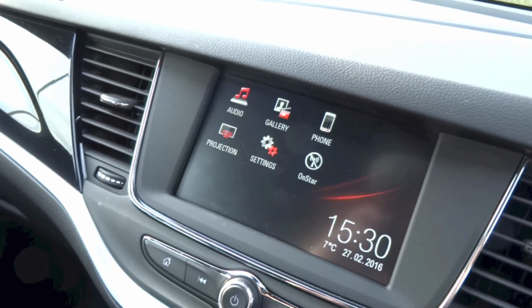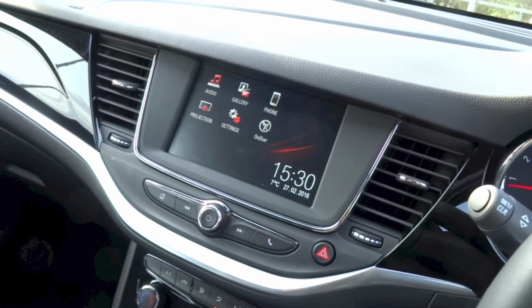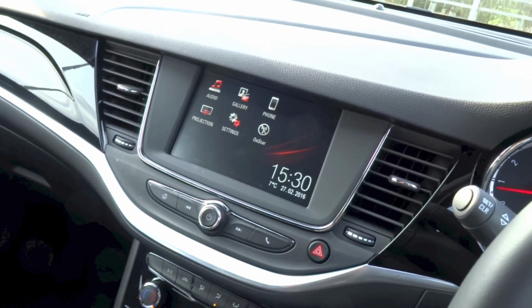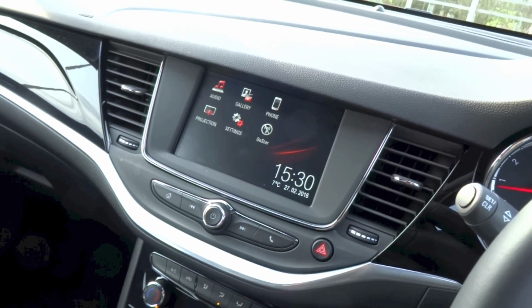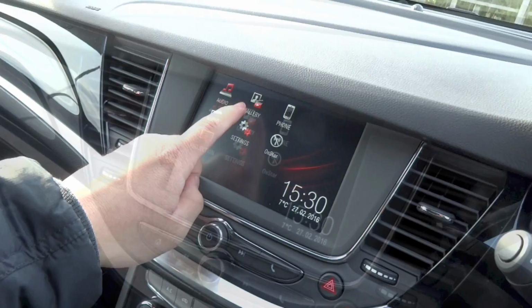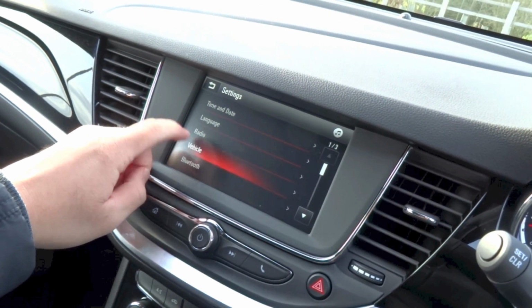Projection is basically the Apple CarPlay and Android Auto systems, so you can connect your phone via USB, whether it be an iPhone or say a Samsung Android phone, and you can mirror what is on your device on the display itself. Next up we do have settings, and right here you can set your time and date, language, radio,